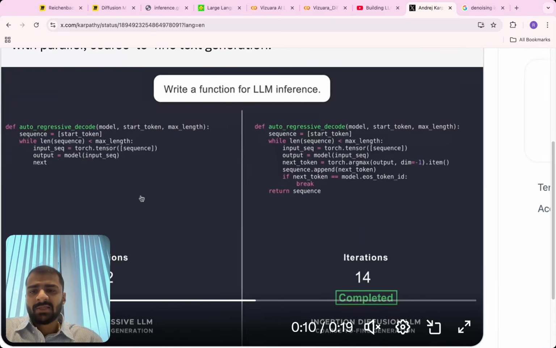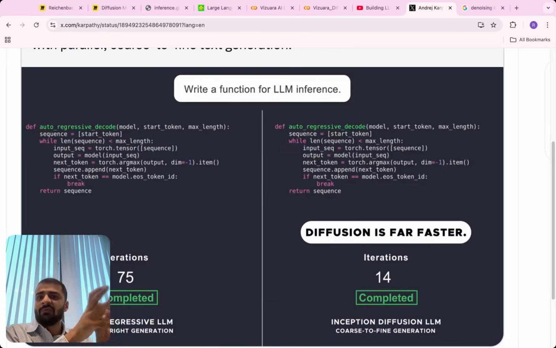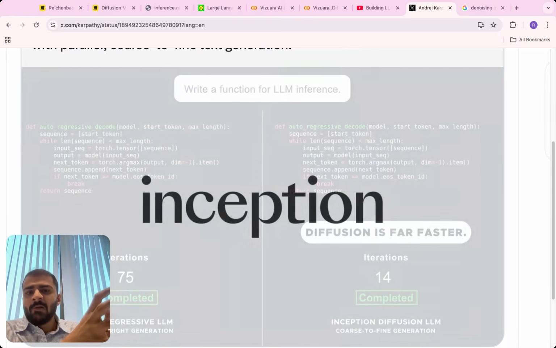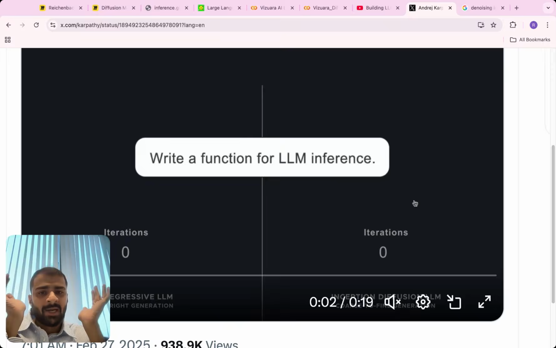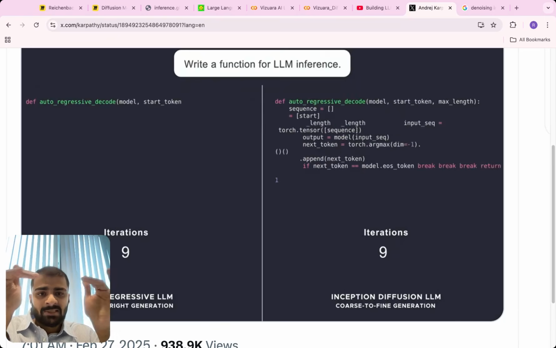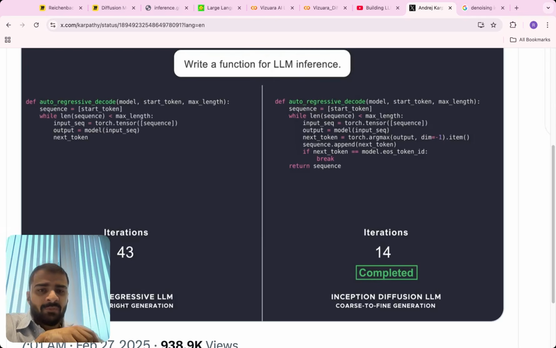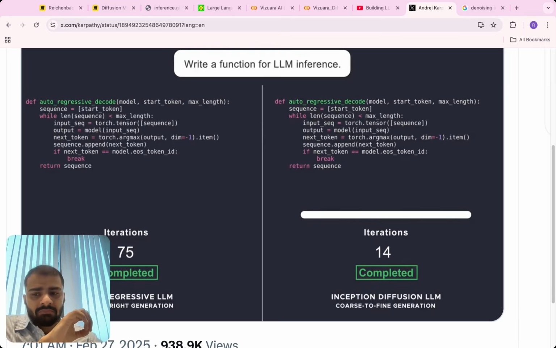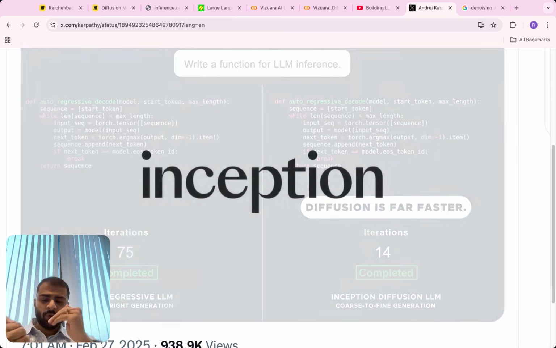Now compare the left hand side with the right hand side. On the left, one token appears at a time. On the right, everything fills the screen at once. This GIF or this video should stay in your mind because we are going to build this. This will serve as the baseline material for us as the end goal which we want to reach. We want to make a diffusion model which fills the screen like this, and it's not one token at a